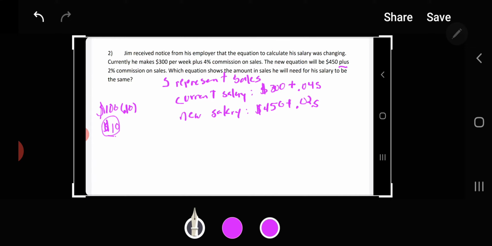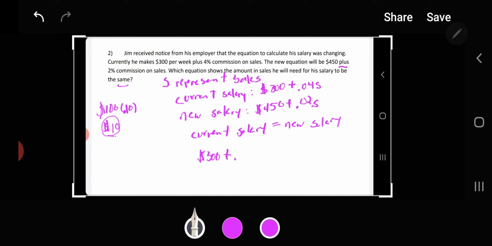Which equation shows the amount of sales he will need for his salary to be the same? So we want these to be the same. And when you hear that word the same, it means equal to. So we want current salary to equal new salary. So current salary, of course, is $300